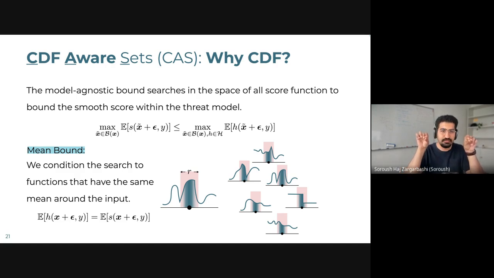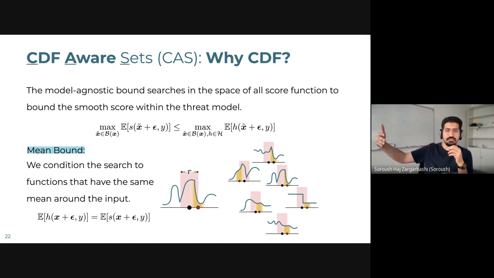And now I say that when you are looking at all possible hypothesis functions or all possible score functions, you should remain in this zone that have the same mean result as my classifier in the point that I have received and seen. Okay, so basically it means that among all possible functions, I just look at those that have the same mean around the given input. And then for those functions, I look at the worst point, like the least possible score that they produce, or the maximum possible score that they produce, for the upper bound and lower bound.